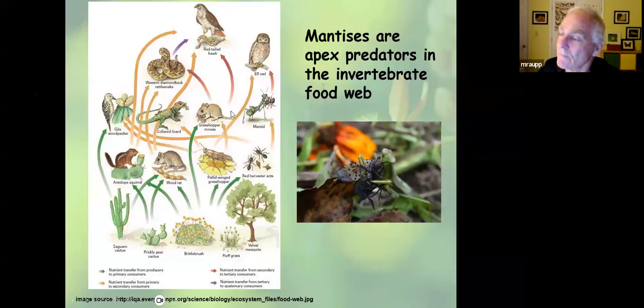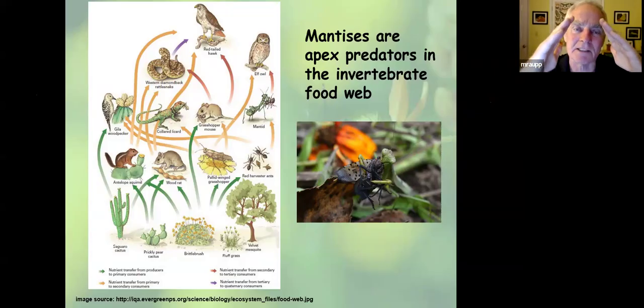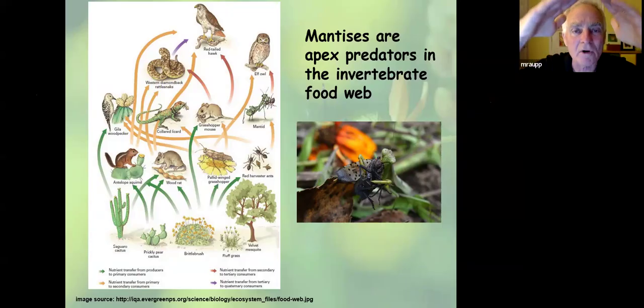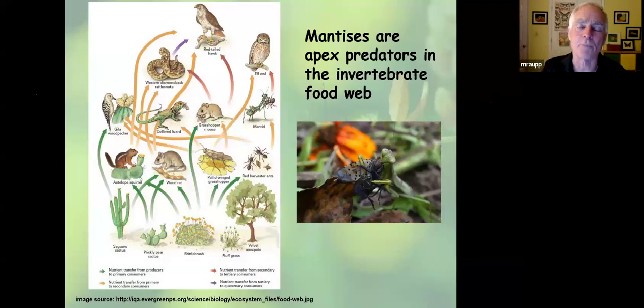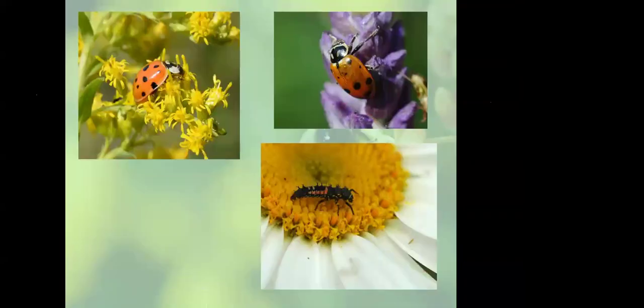Again, here's our food web. Here's our plants. Here's our primary consumers, many of which are insects. But in the invert world, in the invertebrate world, this is an apex predator, your praying mantises. So when I see a mantis in somebody's landscape in a garden, I say all those other levels in that food web have to be intact. This is a highly functional food web when you have praying mantises in it. Follow? Yeah. Okay.